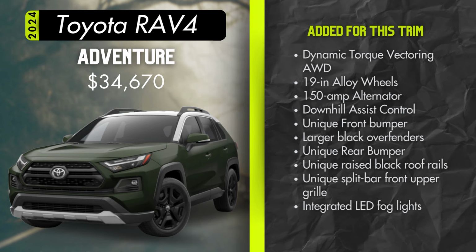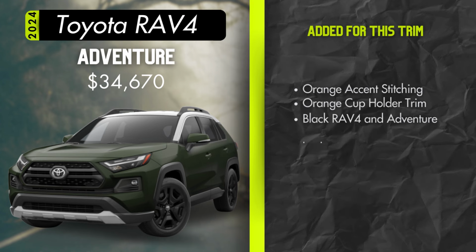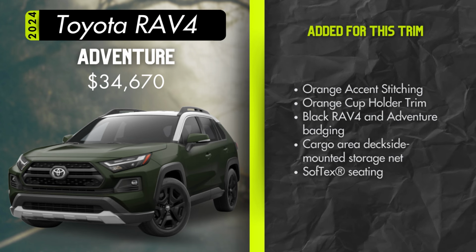In addition to the dynamic torque vectoring all-wheel drive, touches for the Adventure trim will also include 19-inch alloy wheels, an upgraded 150 amp alternator versus 100 on the other non-hybrid trims, downhill assist control, a unique front bumper, larger black over fenders, a unique rear bumper, unique raised black roof rails, a unique split bar front upper grille, integrated LED fog lights, orange accent stitching on seats, doors, and dash,